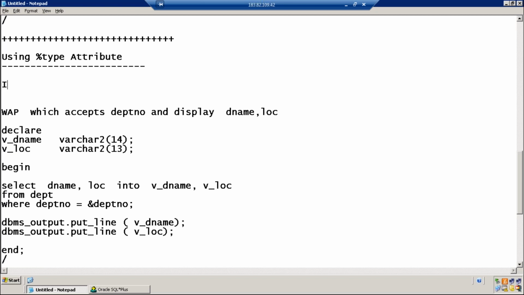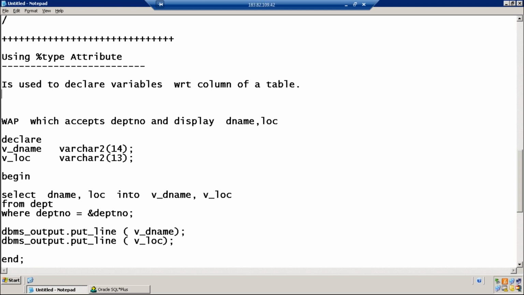Percentage type attribute is used to declare variables with respect to a column of a table. What do you mean by with respect to a column of a table?